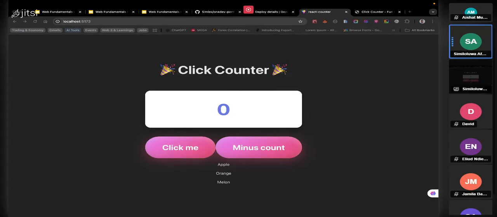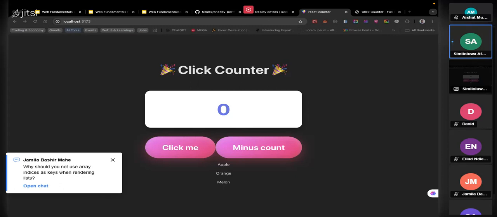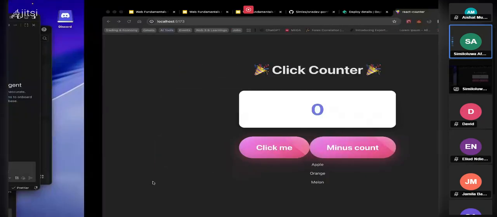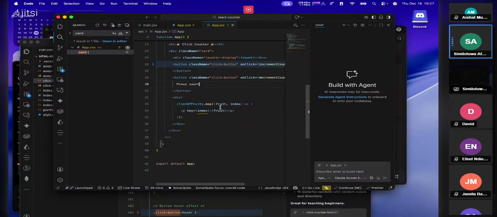Okay. So if there are no questions, that would mean that we are clear on things. Why should you not use array indices as keys? Good question, Jamila. If you notice over here, they say do not use array index in keys. On the grand scheme of things, sometimes you could use it and get away with it, but you really shouldn't use it,